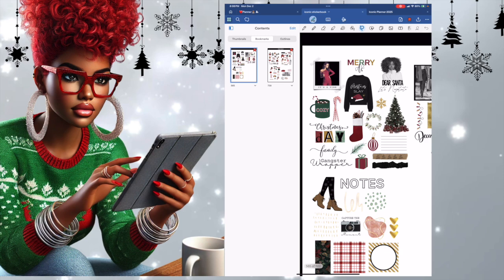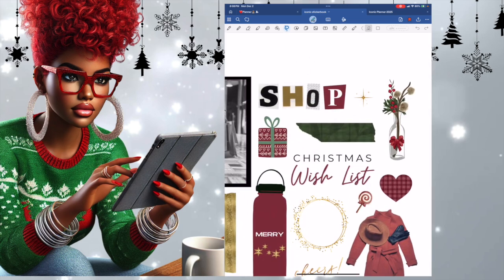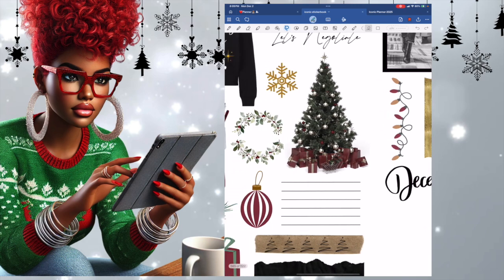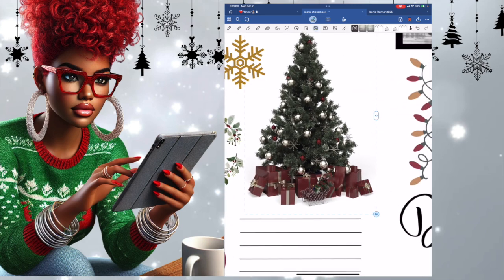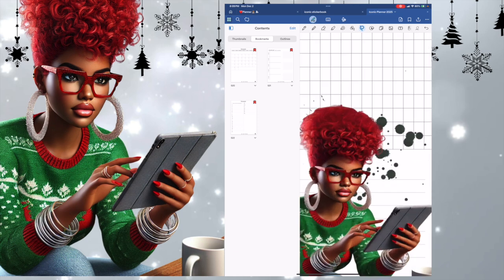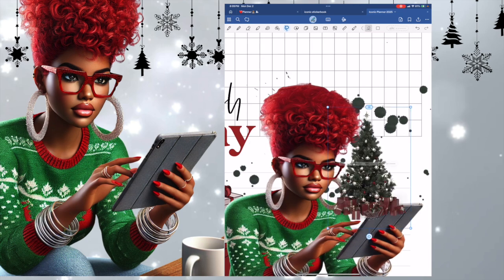So let's just go through these stickers. I'm not sure if this is Kristen's or not, where I got this sticker set from. It does have some cute stickers, but remember, we're sticking to the theme that I'm doing. Habits. That Christmas tree looks sort of realistic. Let's see what that would look like. And we're not gonna cover this whole page up just to be covering it,